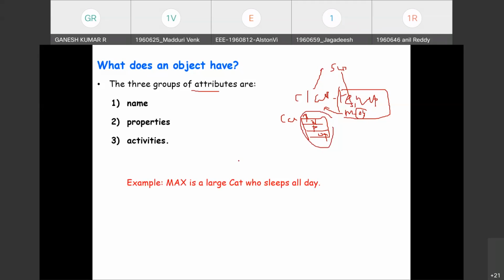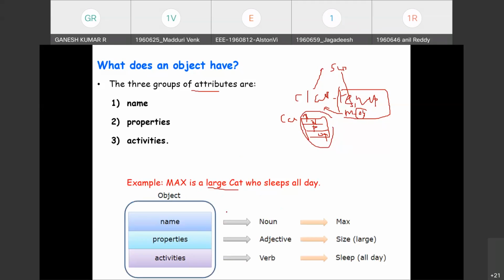Fine. And let me give another example. Max. Max is a large cat. A family cat is Max, which sleeps all day. So if we compare with the attributes, name is similar to a noun, that is Max. Properties: large in size. Activities: what does it usually do?